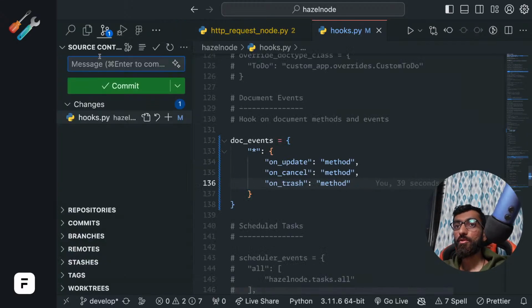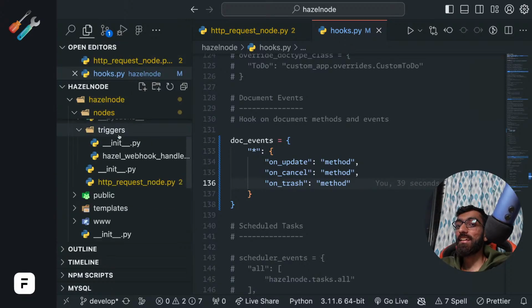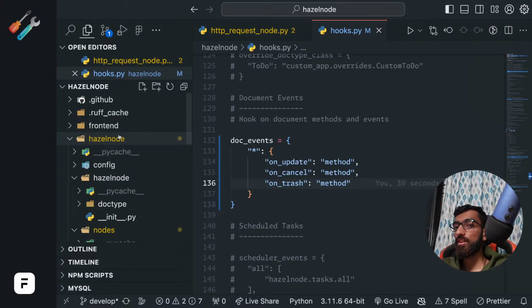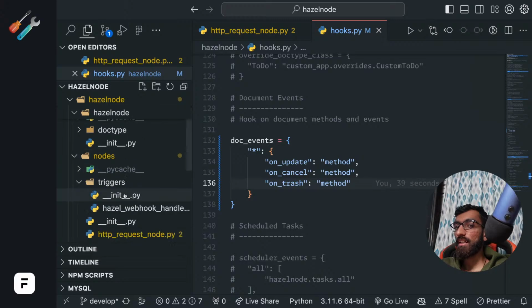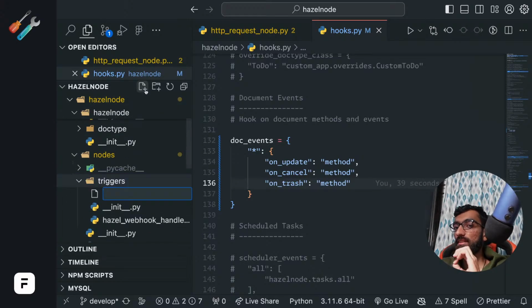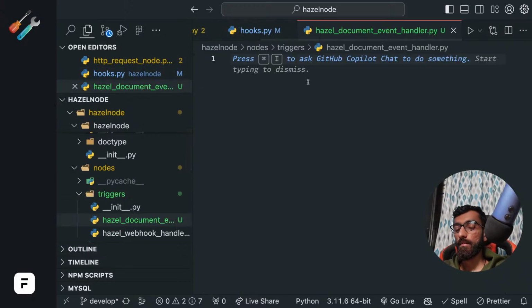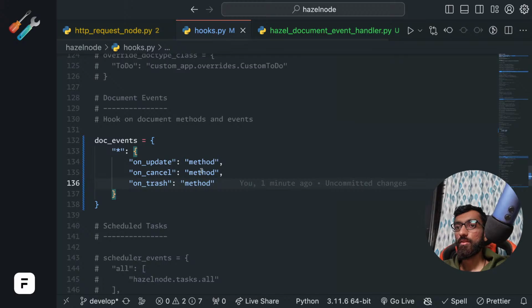So I'll create a new Python file. Now you know where to create a file, right? If you are a new contributor to Hazelnode, you can directly go to nodes and triggers, and you know that here are all the triggers, and the code related to them. So I will call it Hazel document event handler.py, right? And in hooks we'll say